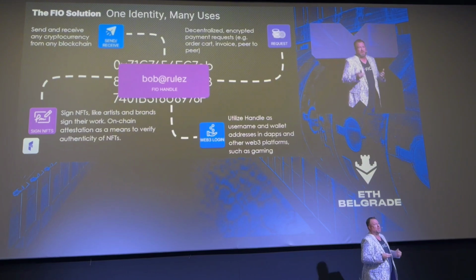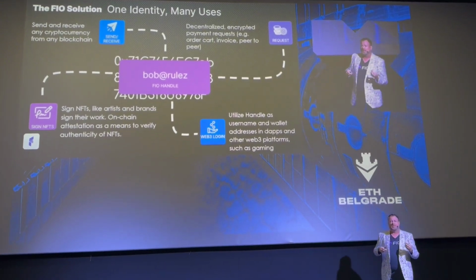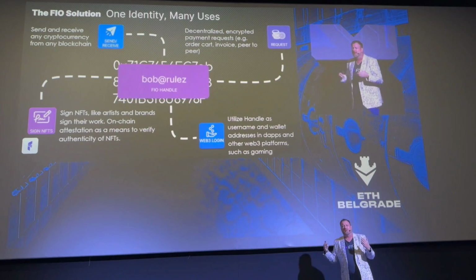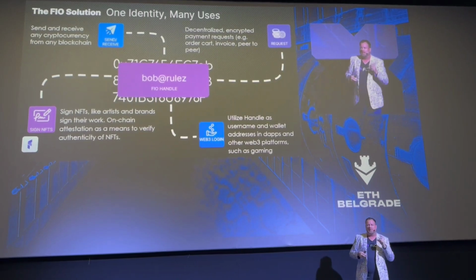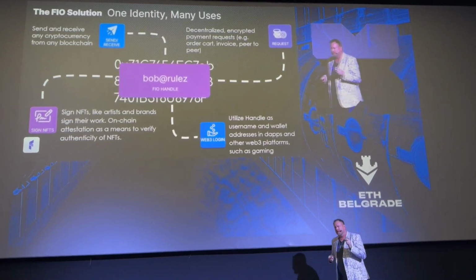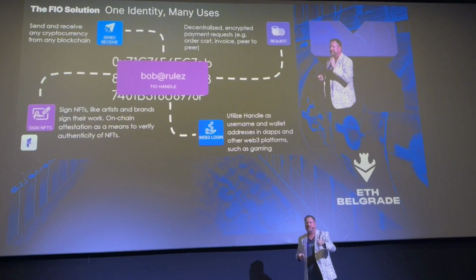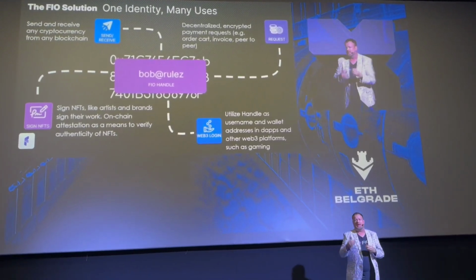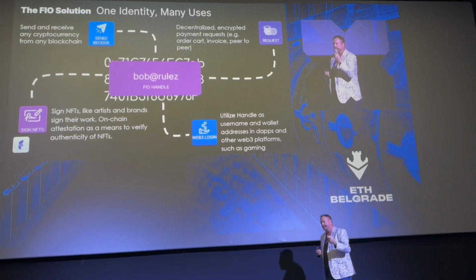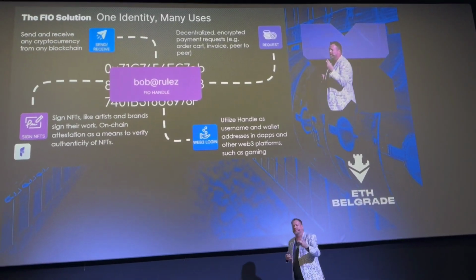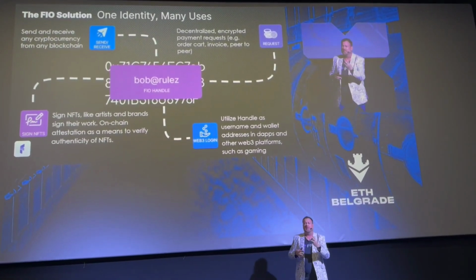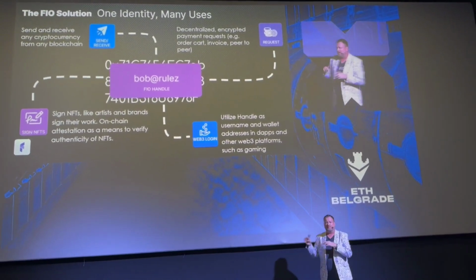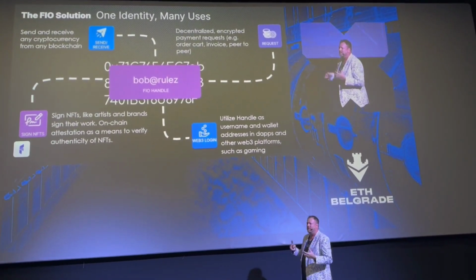We also have part of our protocol, which is a decentralized payment request. If you've ever sent a centralized payment request like on PayPal or Venmo or Cash App, most people are familiar with that user experience. What we do is take that so you can send a decentralized payment request that to the user very much looks like that Venmo or PayPal experience. You select which cryptocurrency you want to request, how much you want to request, and you can even put a memo as to what it's for. Invoice 123, or pay me back for drinks last night, whatever it may be.